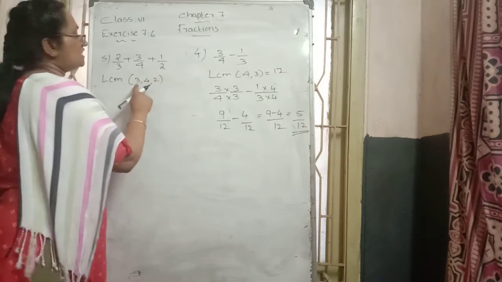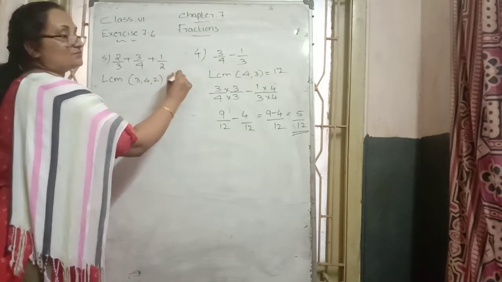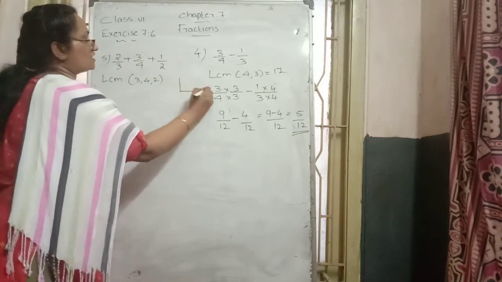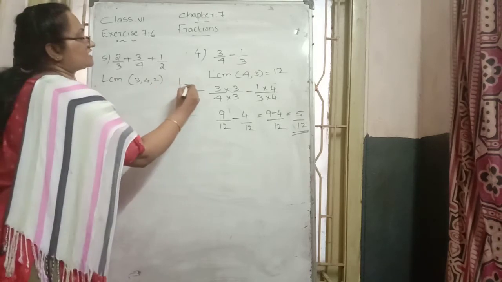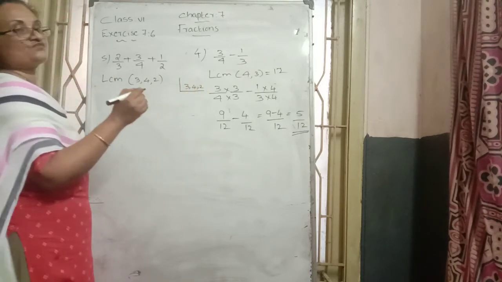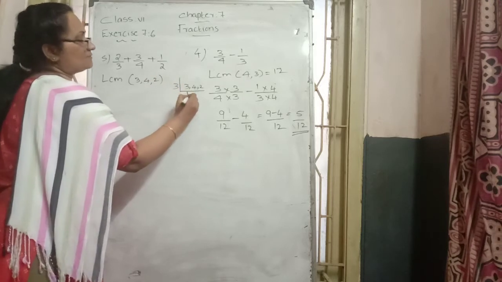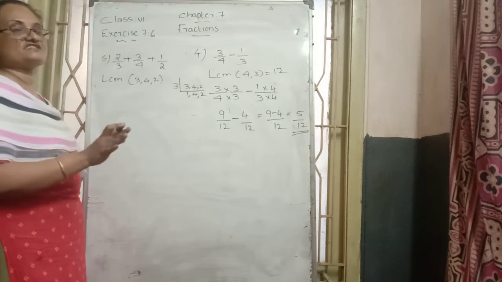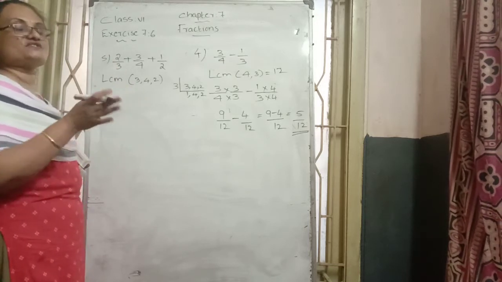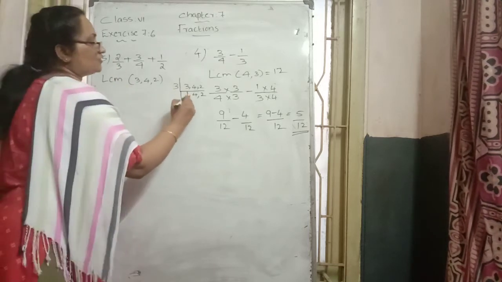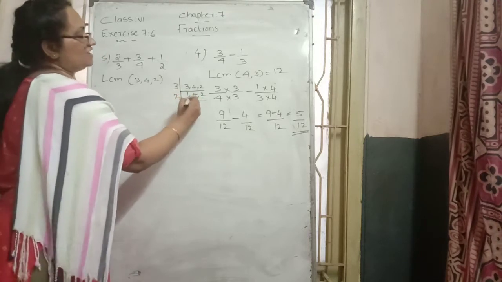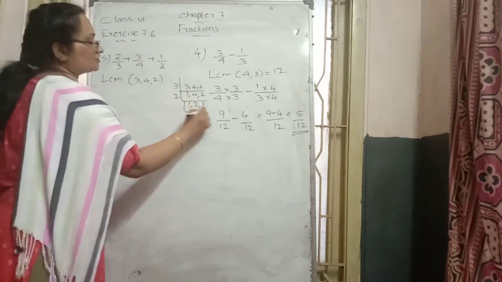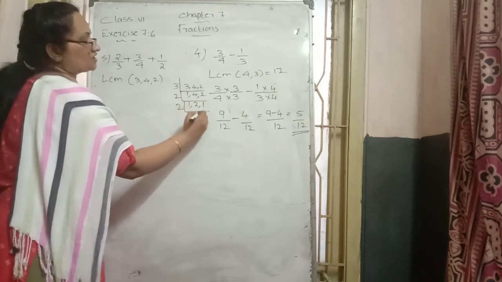LCM, how to do? Here, prime factorize for the LCM. In the first chapter we learned how to find the LCM. Draw the L shape box. Take 3, 4, 2. 3 is a prime number, that's why use prime number 3 and divide. 3 table 4 not possible, that's why once again. 3 table 2 not possible, that's why once again. Again, 4 and 2, 2 table possible. So 1, 2 table 4 is 2, 2 table 2 is 1. Again 2 table: 1, 2 table 2 is 1, 1.